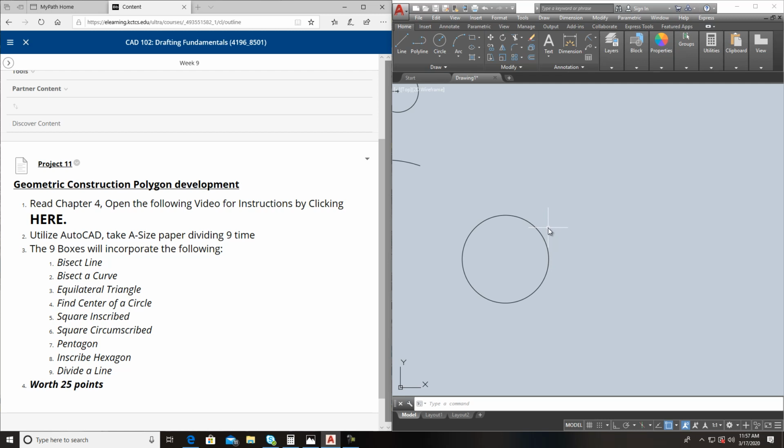Now, on a board, if you don't have a center spot for it already, it's kind of hard. A lot of people, there's different ways of doing it. You could put a box around it and go from side to side. Now, let me show you what I'm talking about there. This is a way of doing it,